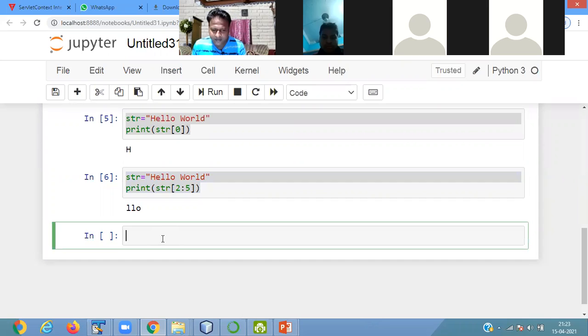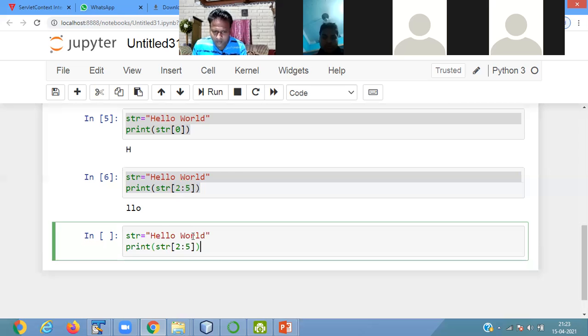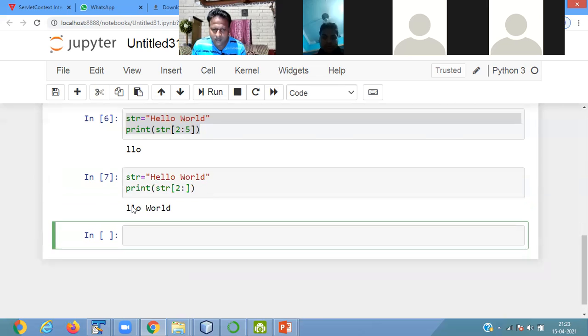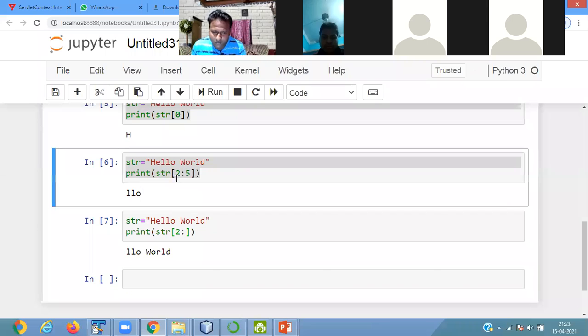Okay, next is, suppose I use 2 colon, it is showing you LLO world. See that, first of all, when I use 2 colon 5, so 0, 1, 2, it is starting from L. 5 is the length, 1, 2, 3, 4, 5, which means this one, LLO. 2 colon 5 means it starts from position 0, 1, 2, and 5 means 1, 2, 3, 4, 5, starting from 1.